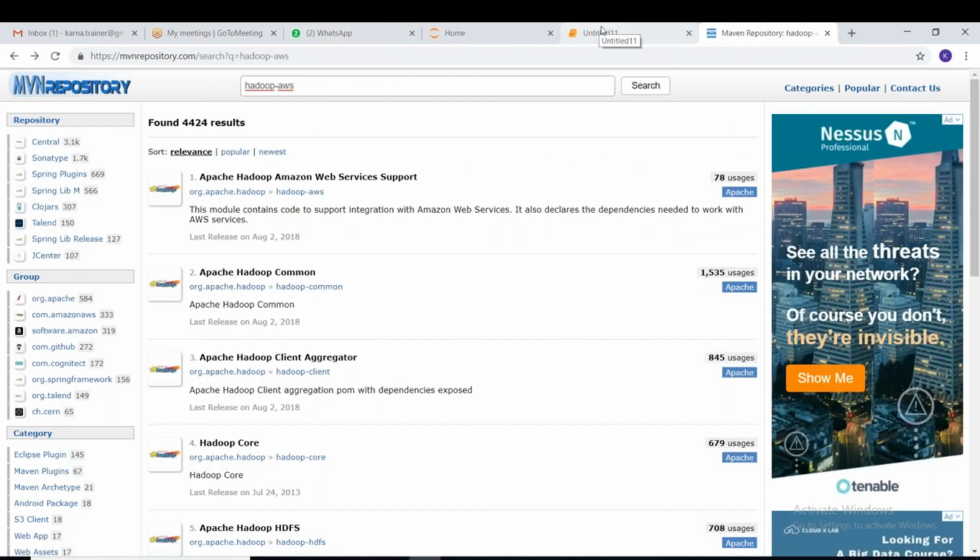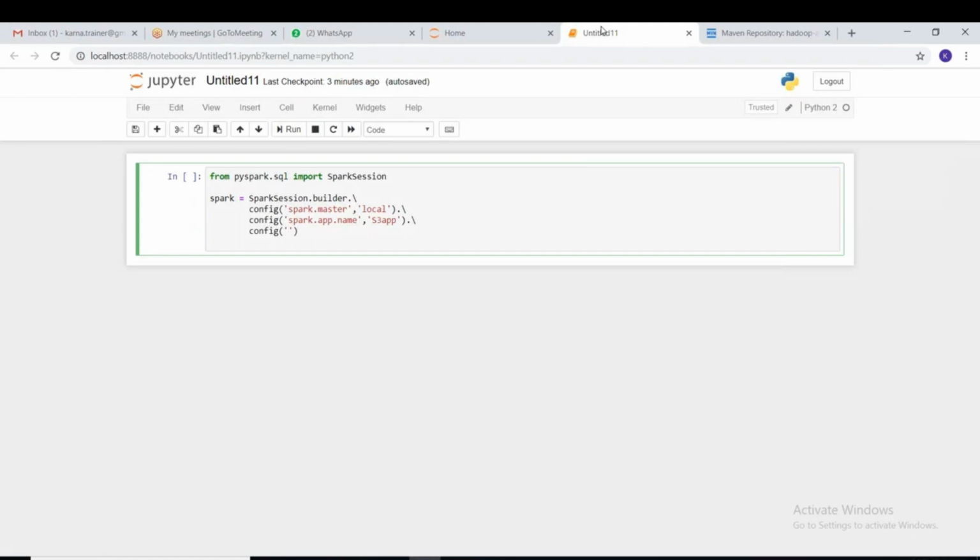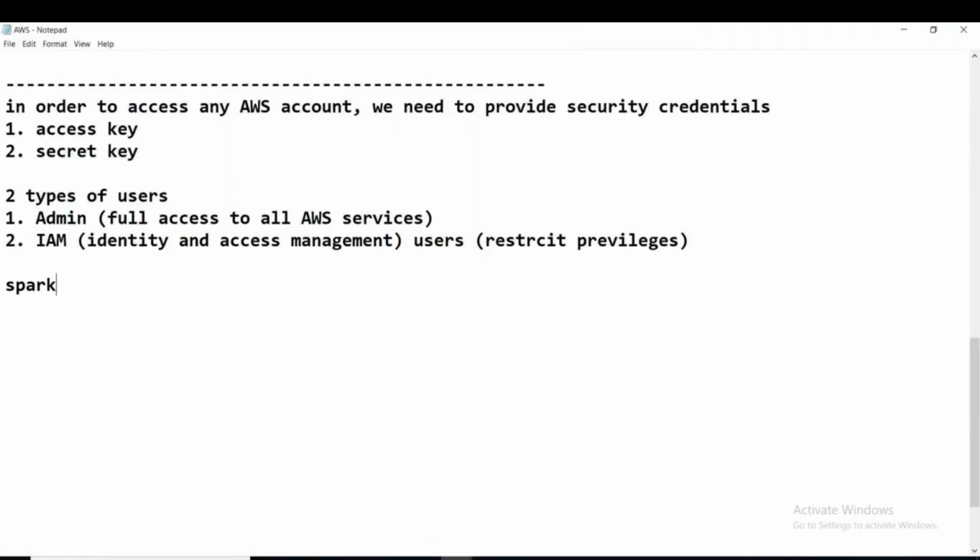We are writing a Spark program, but, very important guys, just remember this: this Spark app is trying to read and write from S3, isn't it? So what is the library that Spark uses to read and write from a storage system? Not only S3, it may be the local file system, or HDFS, or Cassandra, any storage system. What is the library that it uses? It uses the Hadoop library, remember guys.